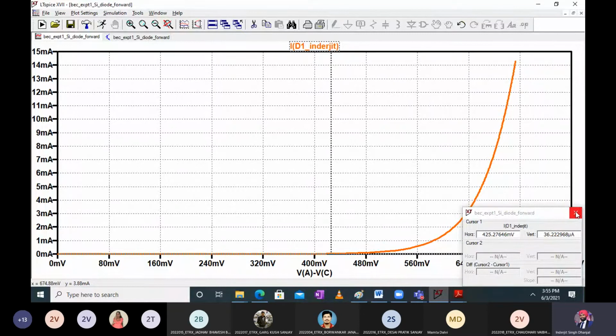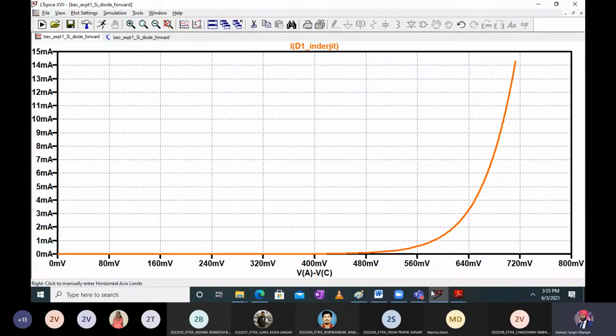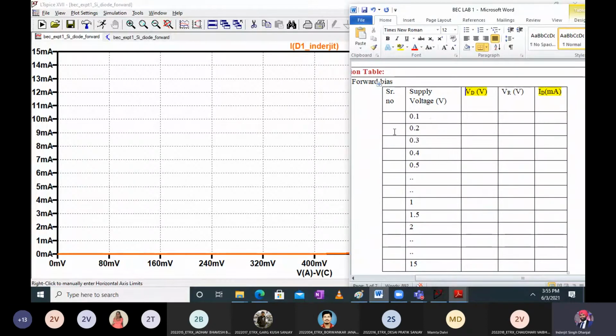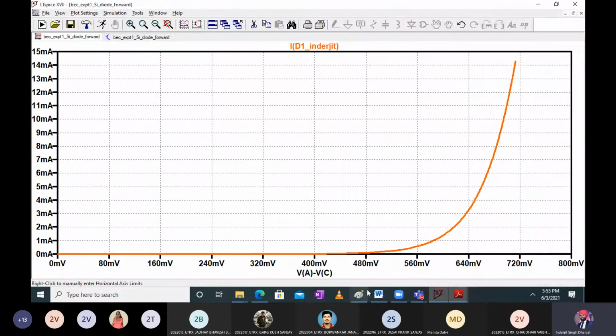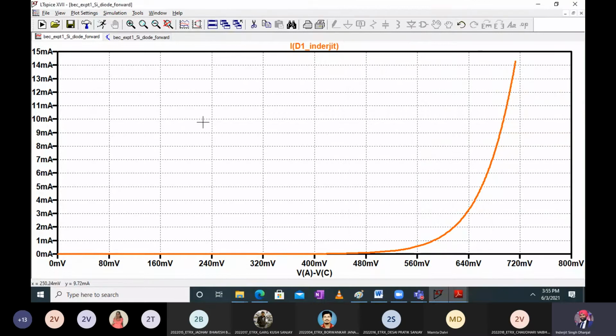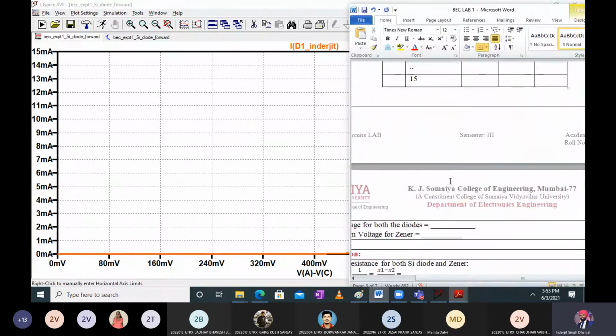So I will teach you a technique. Now you tell me, how will I know at 0.1 volt what is my diode voltage? Because here I cannot see the supply voltage, here I have only diode voltage, correct? How will I know the resistor voltage over here? I don't know, because I have to see it in that plot which I plotted earlier.